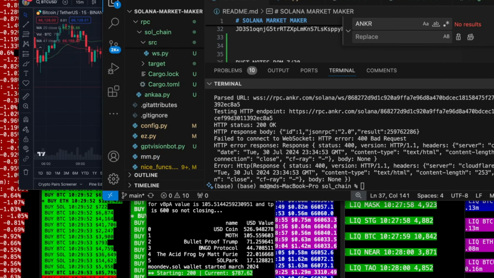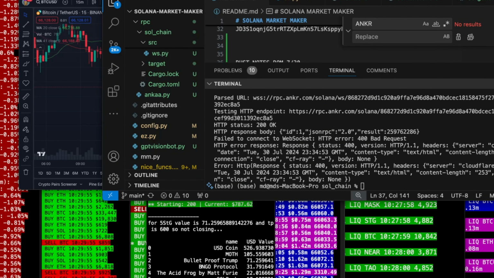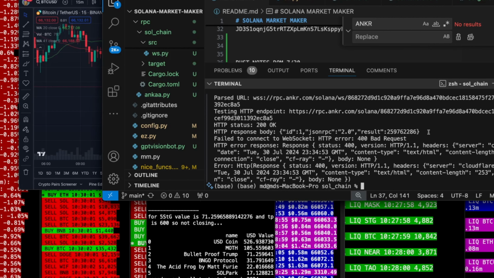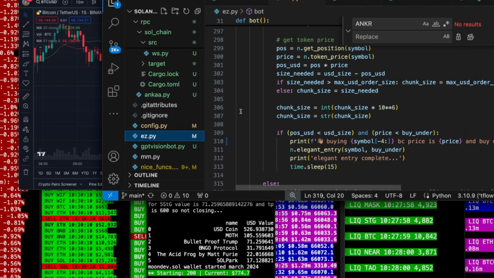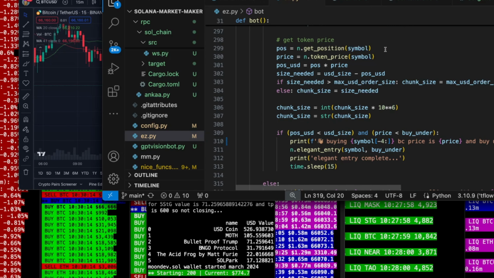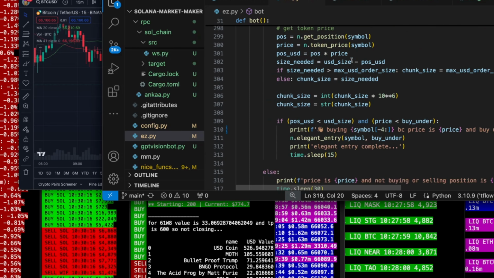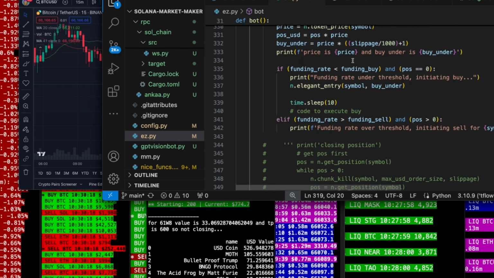I'm gonna show you right here right now how to set up an RPC using Ankr for a Solana trading bot. So you can actually see here, all I have to do is I have this market maker here, this easy.py, and inside of it, I just go over to where I actually make the buy. So if I go here and I say market buy,